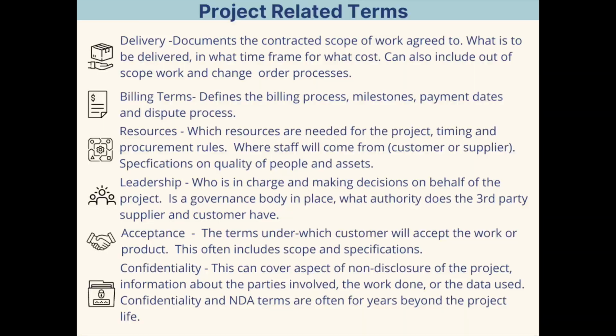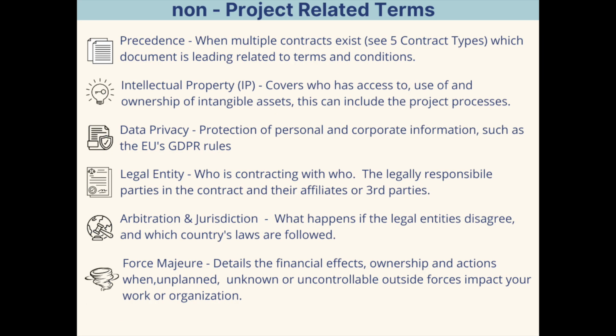Here are 2 cards I have as part of my downloadable that explain some of those terms and conditions, both for the project view and also non-project contracting terms that are actually important for project managers to know. Project procurement and contracting isn't necessarily something you need to deal with every day, but it's certainly something project